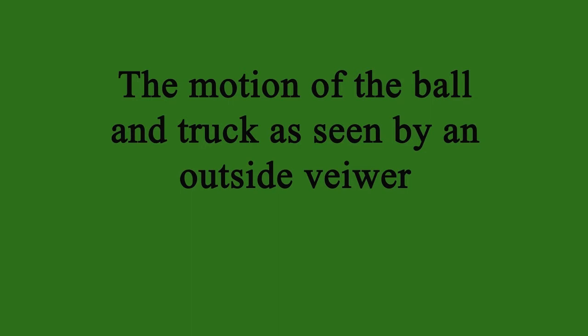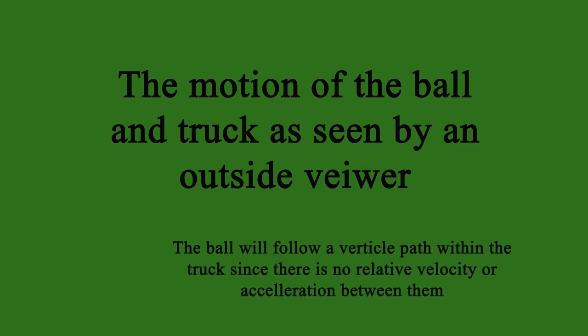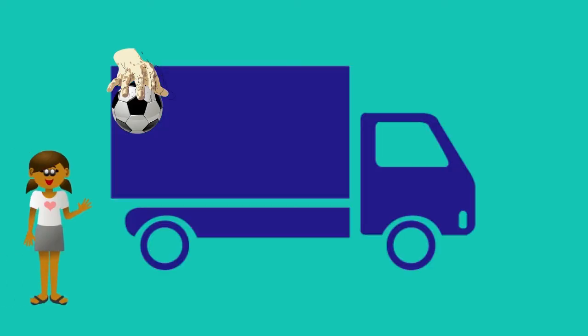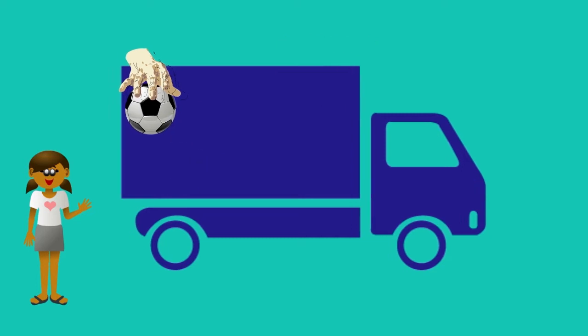Now consider an observer who is observing this motion from the outside of the truck. In other words, the person who is standing on the Earth's frame of reference. The observer would observe a vertical motion being executed within the truck, but the actual motion seen by the observer